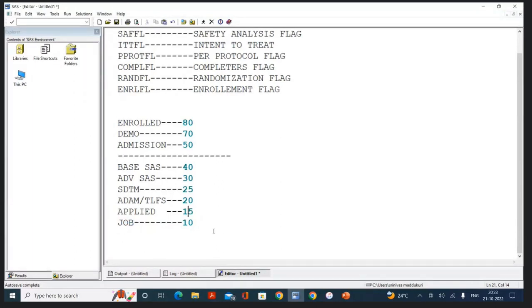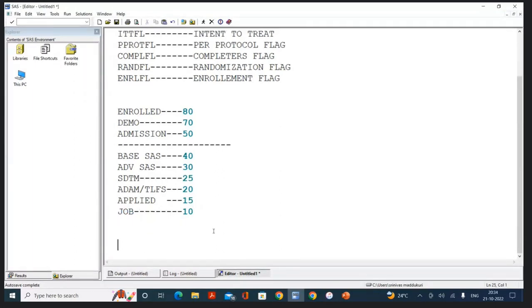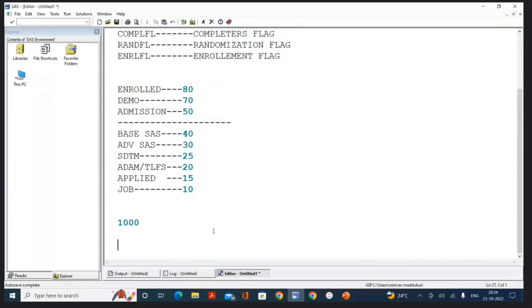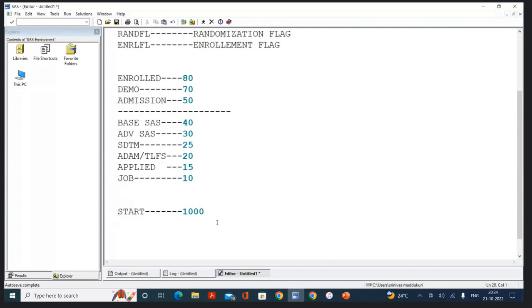Now in the same way, in my clinical study, I have 1,000 subjects. At the start of my study, I have 1,000 subjects. Now, at the end of the study, 50 members have got adverse events. Now, what is the percentage of adverse events? 5%. That means, if somebody is involved in my study, are you going to take them as total subjects?